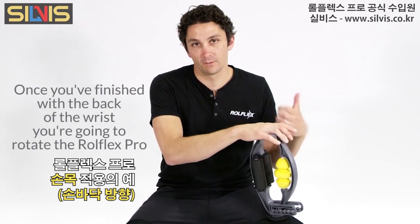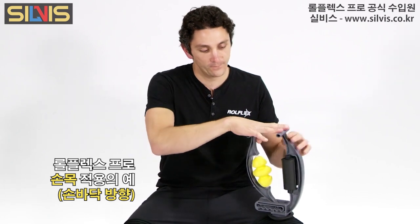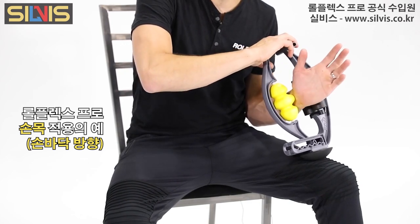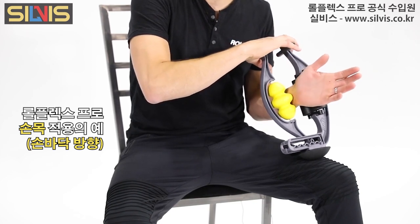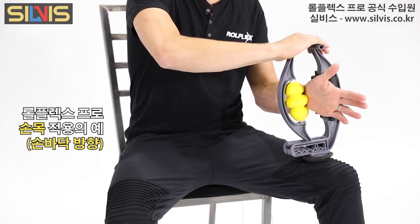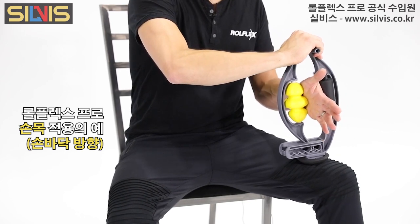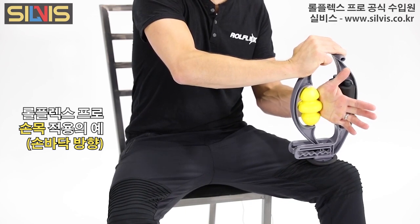Once you finish with the back of the wrist, you're going to rotate the Rolflex Pro. You're going to place the yellow roller directly on the carpal tunnel, which is right at where the wrist crease is, or the space between the radius and the ulna as it crosses into the hand. Once you have that roller placed, you're going to again squeeze very carefully because you have nerves that run through here, and you're going to cross that roller into the palm of your hand and then force it back over